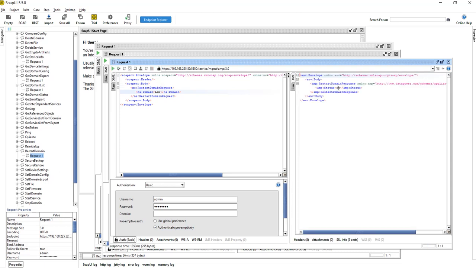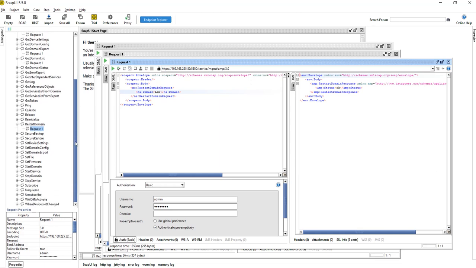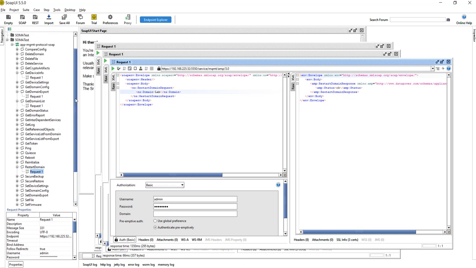See, the domain is restarted here. So friends, you can explore more operations and try to execute more operations. By this we can see how SOMA helps you, without logging in to the DataPower GUI, perform multiple operations remotely.